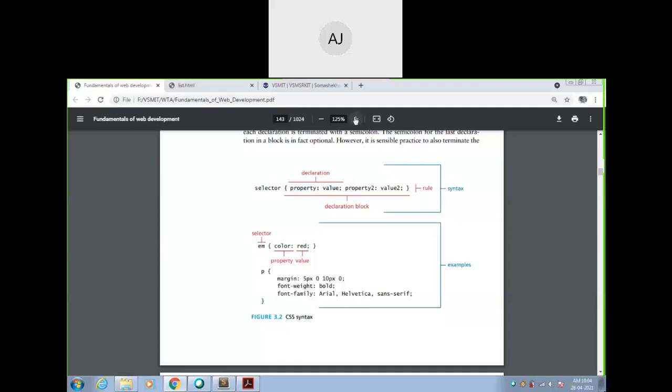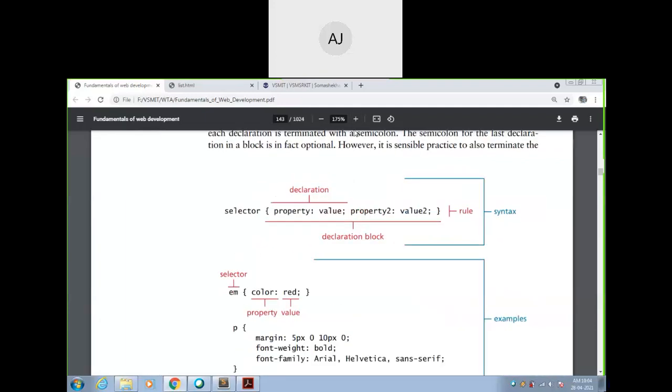Okay, I will just zoom it once again for clear understanding purposes. Selector, property, value, and you can give many properties in a single line. So here it's property 1 and its value 1. In order to separate two properties, we have to give one semicolon, or you can make a note that the value will end with a semicolon.